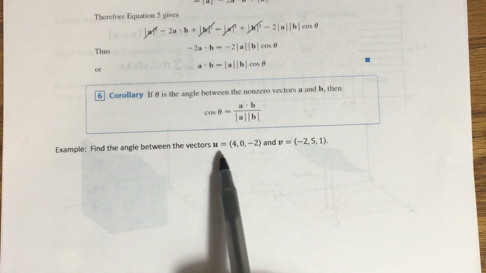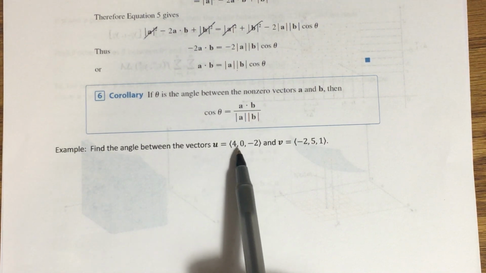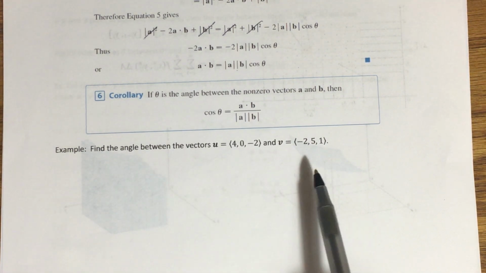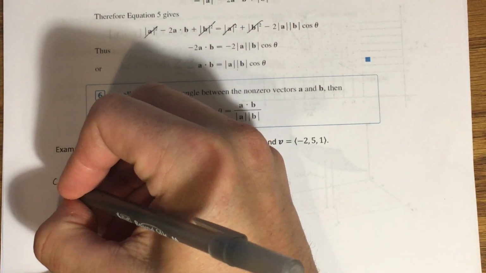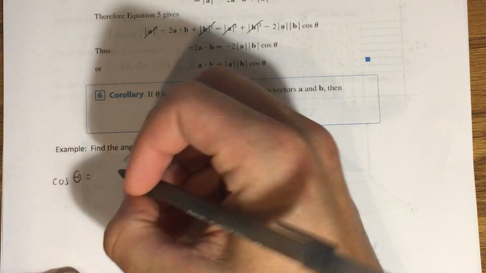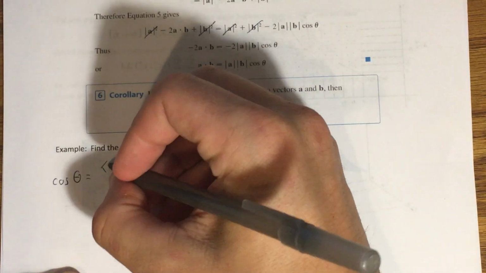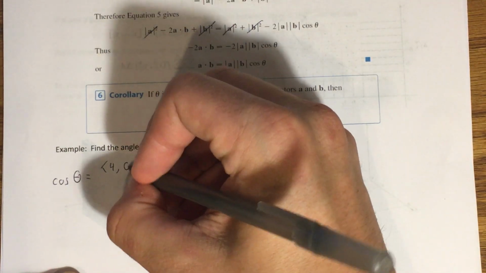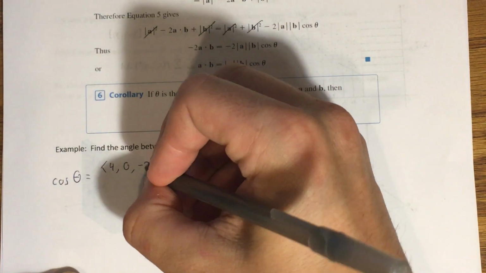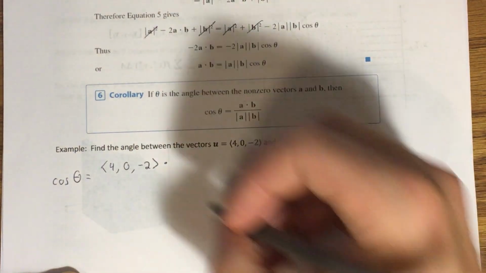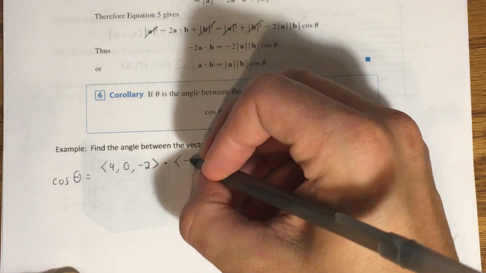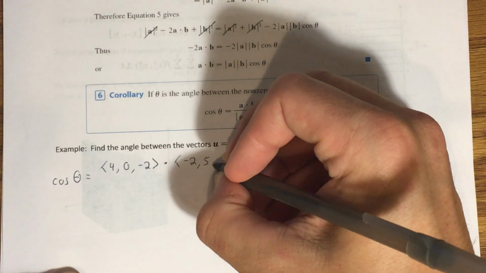Find the angle between these vectors here. u equals 4, 0, negative 2. v equals negative 2, 5, 1. So I'm going to use this formula. Cosine of our angle between them, which I'm calling theta, is equal to the dot product of those two vectors, 4, 0, negative 2, dotted with negative 2, 5, 1,